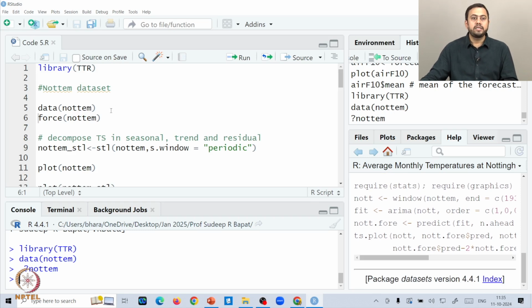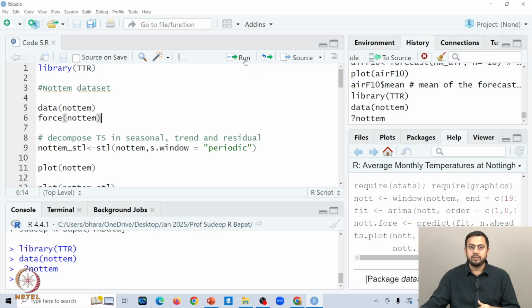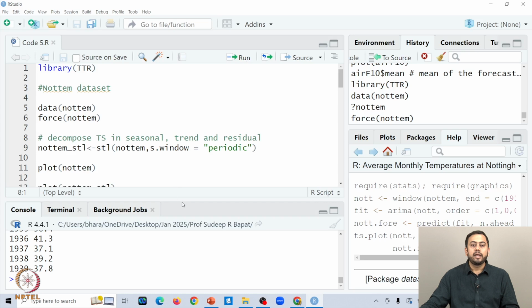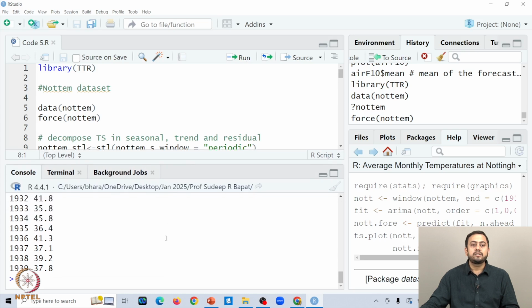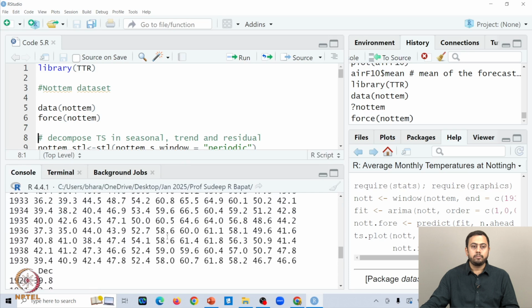Alright, so coming back to this, we will work with this data. We fetch this data, nottem, and then force nottem. Force just ensures that you are sticking that data inside the R environment, nothing more than that. On top of that, you can see that it gives you the actual data also. So let me scroll up.